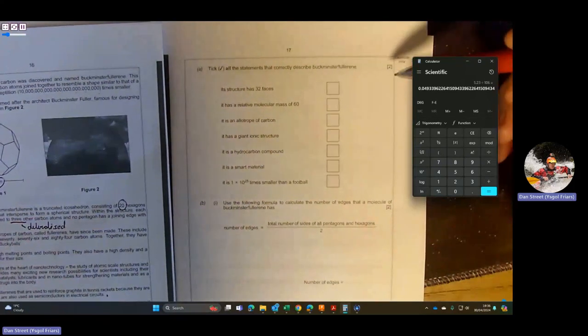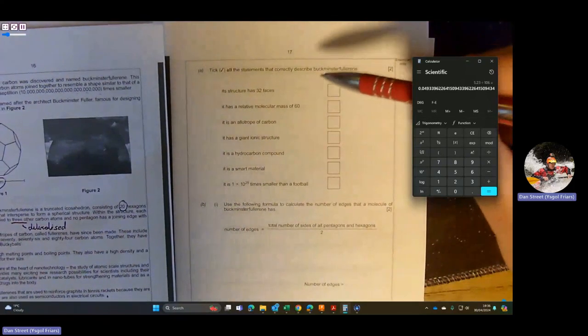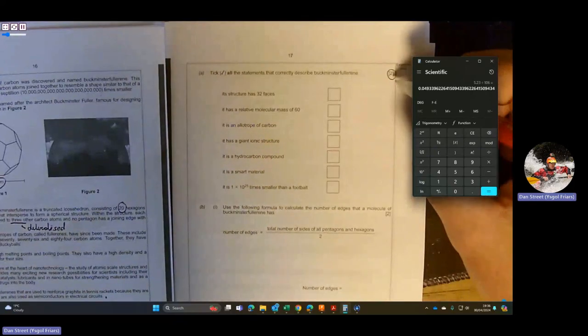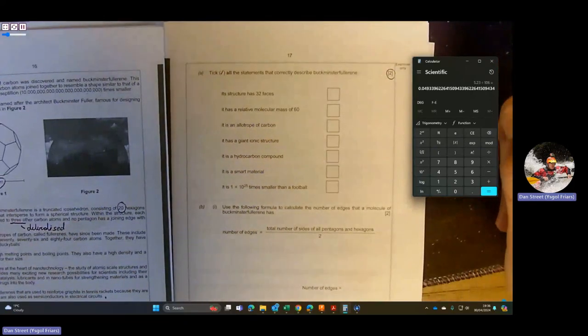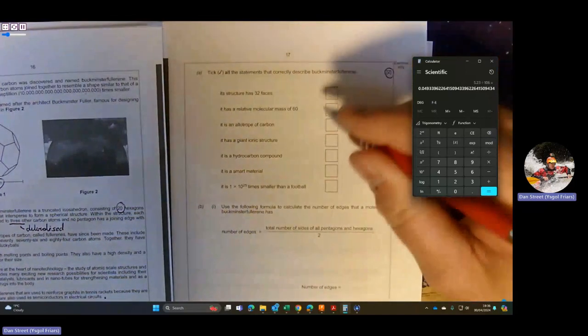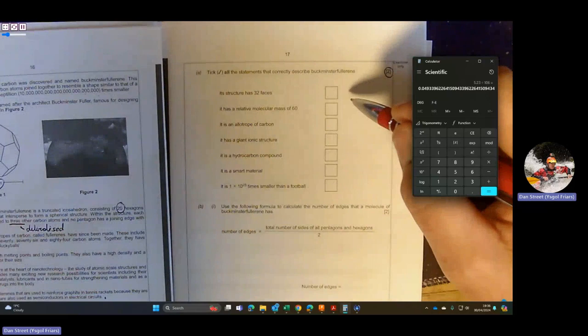But if we move on to the actual questions, so the first one: tick all the statements that correctly describe Buckminster fullerenes. Now, it doesn't actually tell you how many statements to tick, but there's actually a bit of a clue there. So in questions like this, if you've got 2 marks, the likelihood is there are 3 correct answers, because they tend to give you slightly fewer marks than ticks,